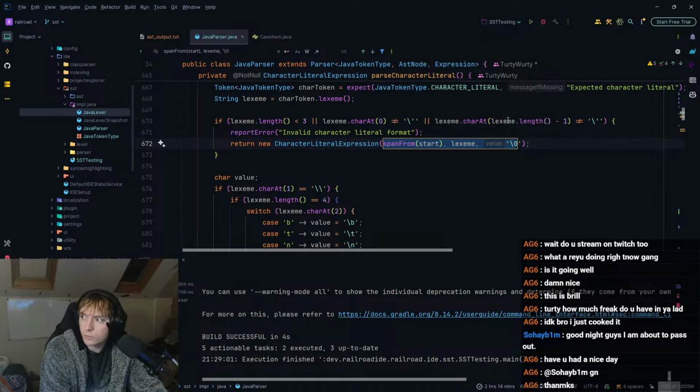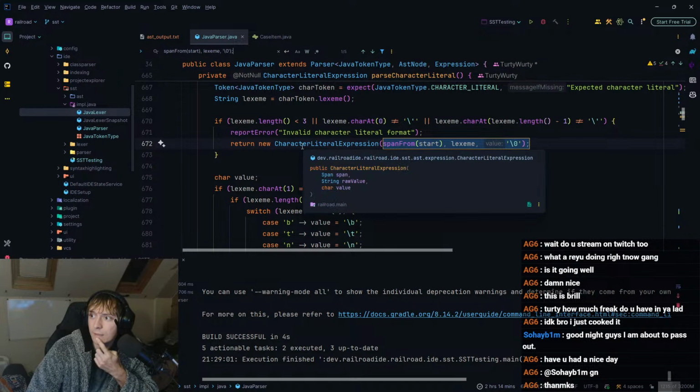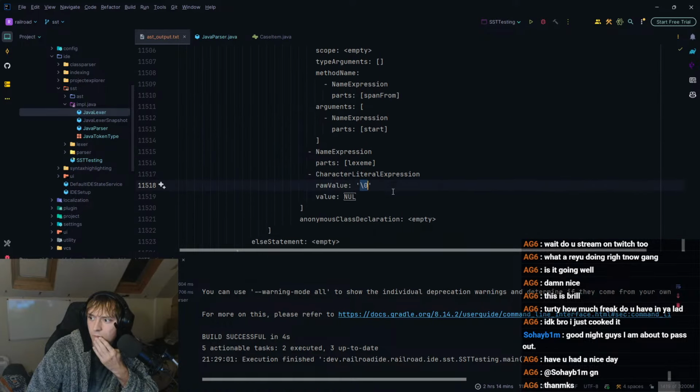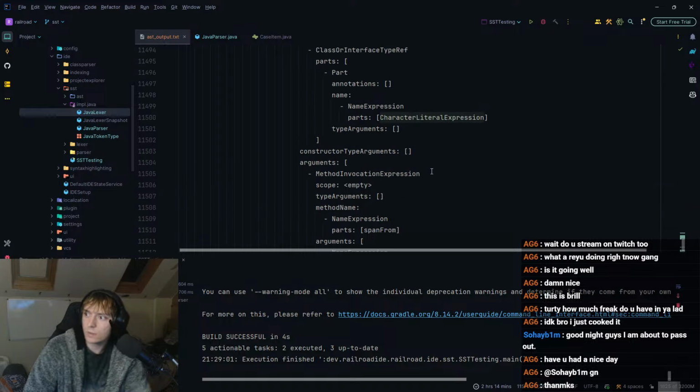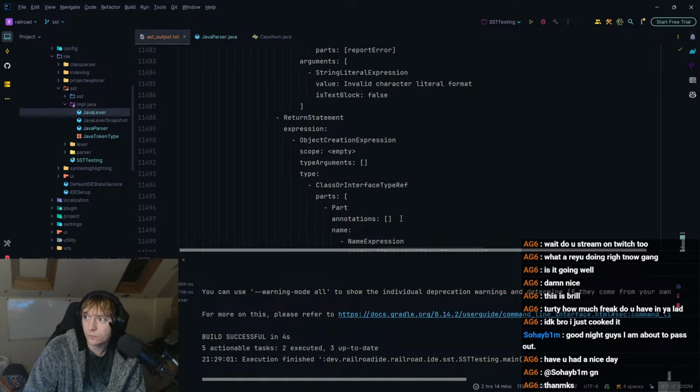So it's reached this. We can confirm that by seeing, are you in a character literal expression? So if we look back here, so if we look for, yes, return character literal expression.